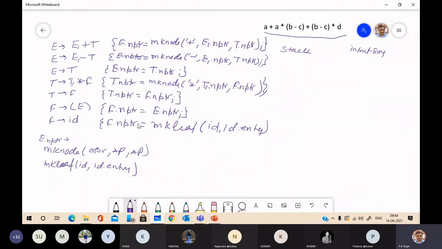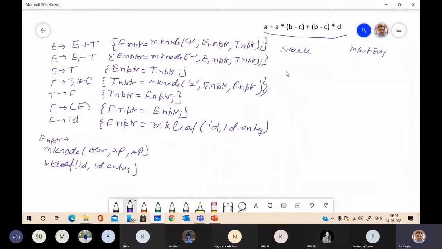In that case, it will call the make leaf function. The function will return a pointer.